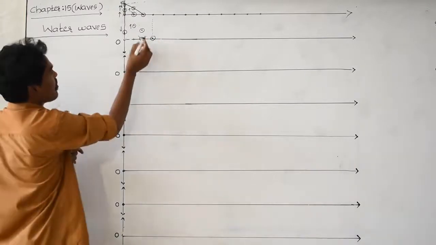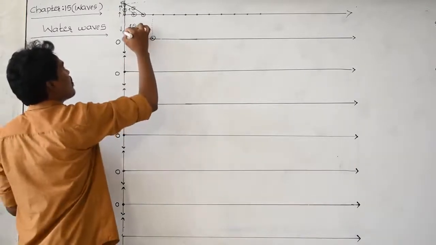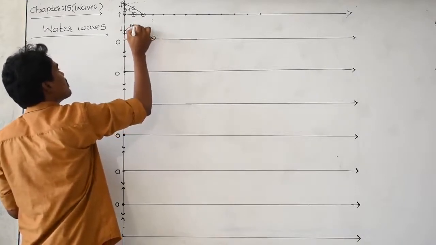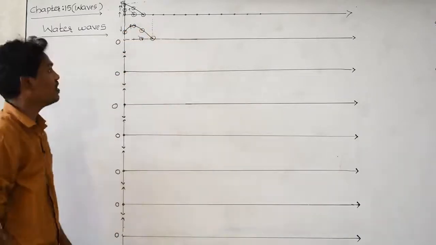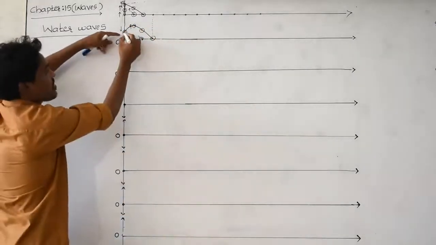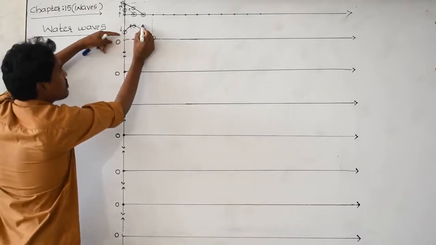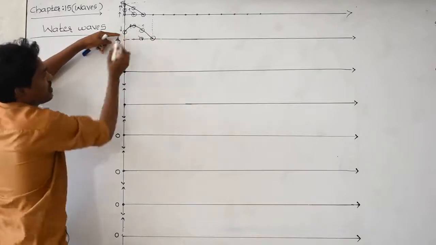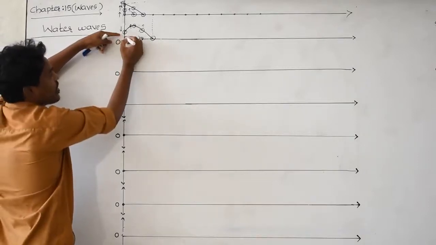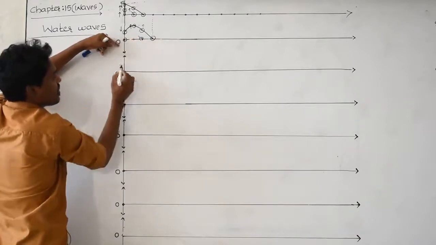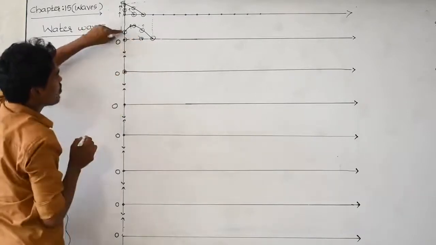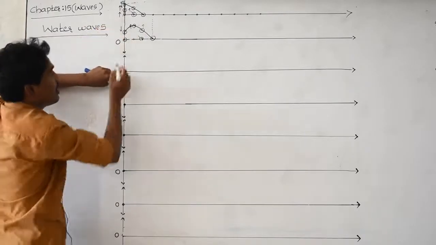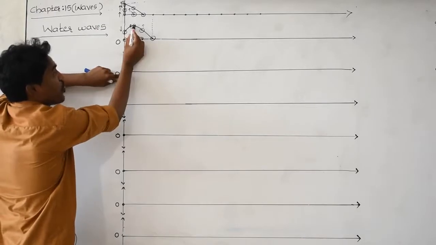Then what is the nature of the curve you are getting? You are getting the nature of the curve like this. You observe very carefully. Next, the first particle is coming downward and it is going up. And this is reaching a maximum point. The first particle coming downward, it is coming to this point. I am showing here. The first particle from this point to this point. And the second particle reaches a maximum point.